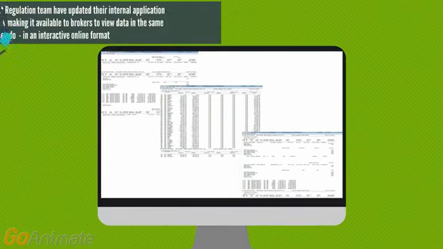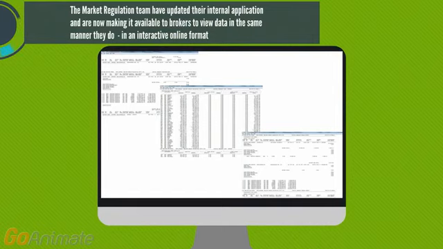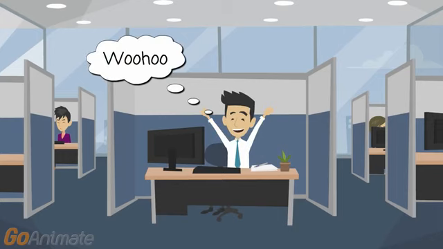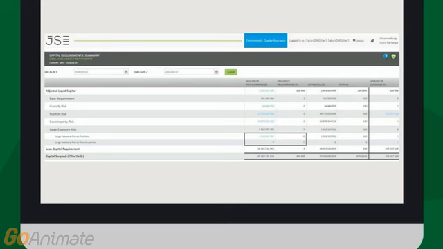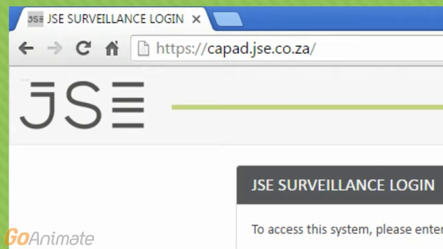The market regulation team have updated their internal application and are now making it available to brokers to view data in an interactive online format. This tutorial will focus on how to get access and login, as well as general navigation and usage of the application. To access the CAPAD web, type